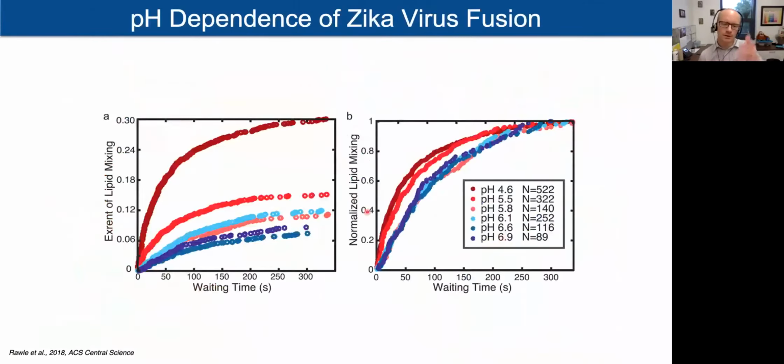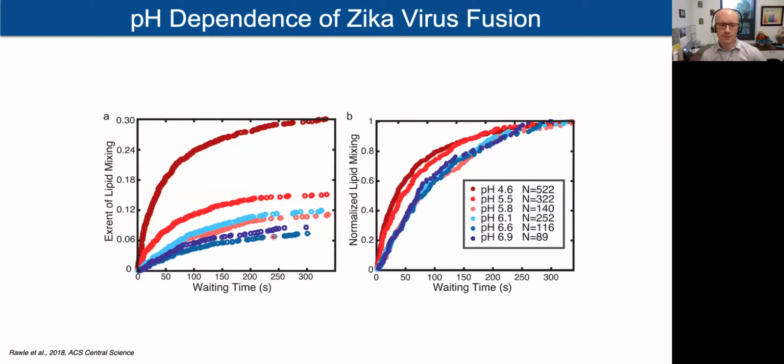But first, our question that we had talked about was, is pH sufficient to trigger fusion? What's the trigger for Zika virus fusion? And if so, across what pH range might it occur? This data set gets directly at that question. There are really two things I want to point out here. One is that on the left, we see curves that were collected at different pH values. Up at the top would be very low pH, so very acidic. Down at the bottom would be much less acidic.